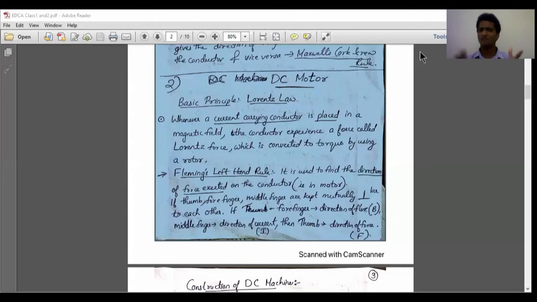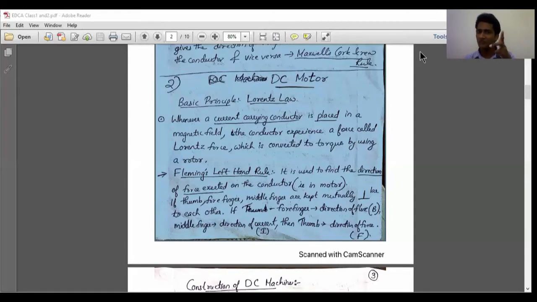Clear? Then just for a comparative study, you understand force means what? Motion of the conductor. That is denoted by the thumb. In Fleming's right hand rule also, there are mutually perpendicular three fingers. Thumb shows the direction of motion of the conductor and forefinger shows the magnetic field direction. This is the same in case of Fleming's left hand rule. And the middle finger shows the direction of induced EMF or induced current. That is middle finger, that is induced, that is very important.